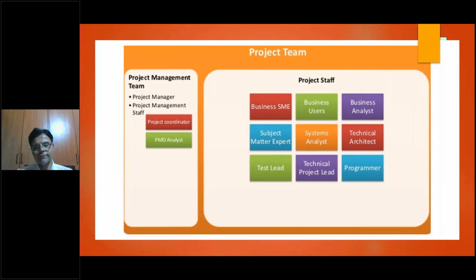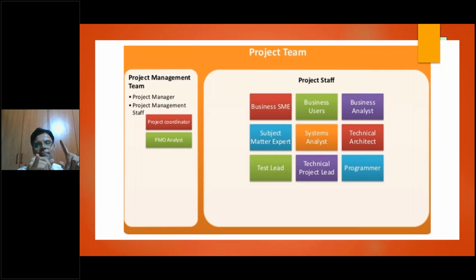We have two types of different teams, and I'm not going to take much of your time on what a project manager does, etc. I'll directly come to the point. When you carve out a project, a really good project manager on a very professional note would have two types of team: one, the project management team, and second, the project team. Now, when you say project team, a lot of people get confused. They ask, is it only the people who execute the project? No. The project team actually consists of the project management team, which contains the project manager himself or herself,